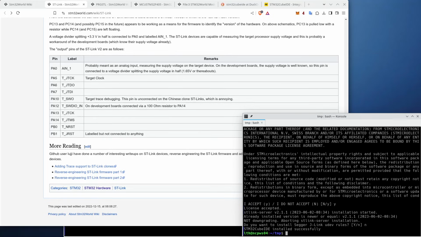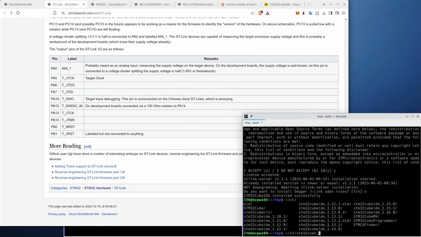So that's it. We have now installed STM32CubeIDE. Now, STM32CubeIDE is, as the name indicates, an integrated development environment, but it also contains all the tools necessary to flash and debug. So it really is a very complete package, and it is, as you can see, quite easy to install. Now, in order to run it, I simply call the binary directly, which is,